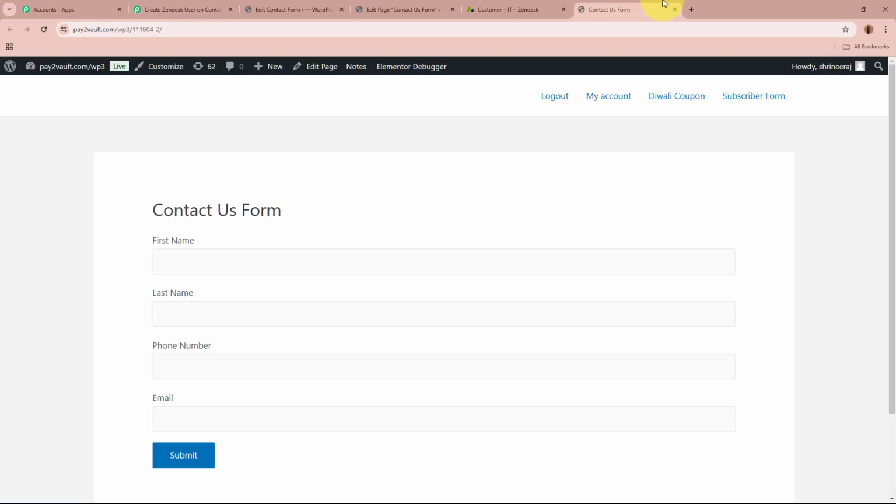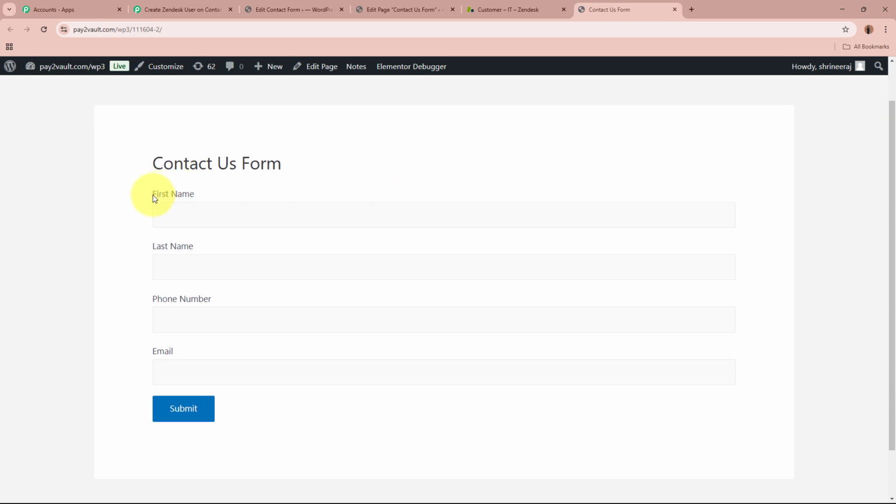Okay, so I'm going to open the form that I've created using Contact Form 7. So this is the form, and now I'm going to do the test submission of this form. It is asking for the first name, last name, phone number, and the email of our lead, which we're going to fill one by one. Firstly, for the first name over here, I'm going to write test. For the last name, I'm going to write customer01. For the phone number, I'm going to write in a dummy mobile number right here. For the email over here, I'm going to write